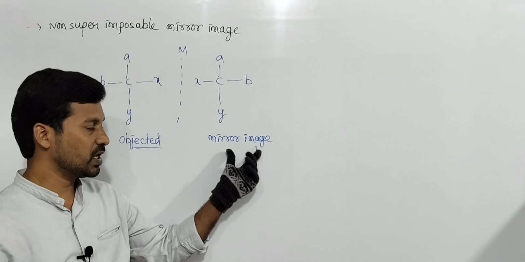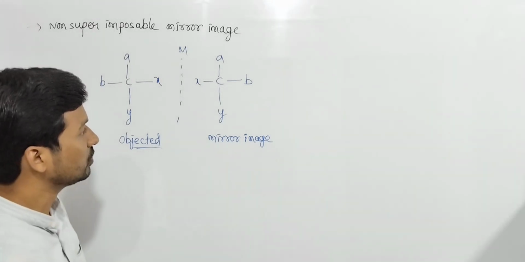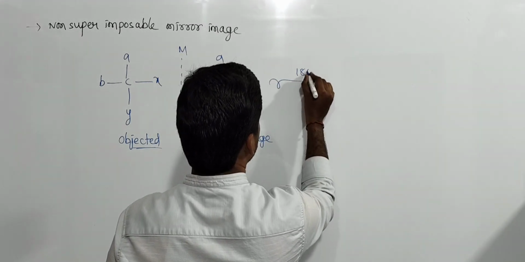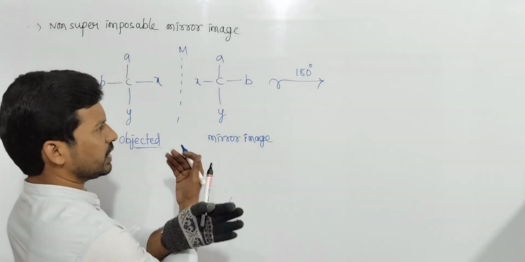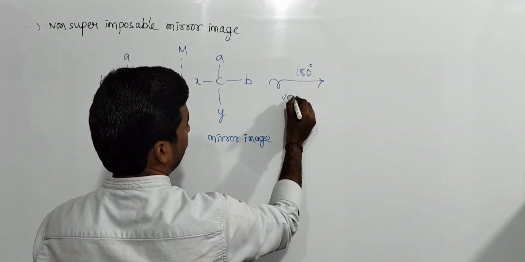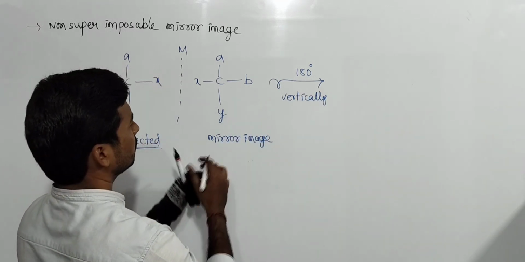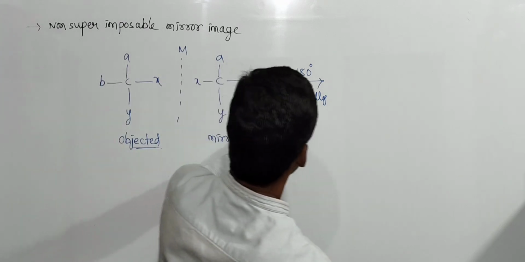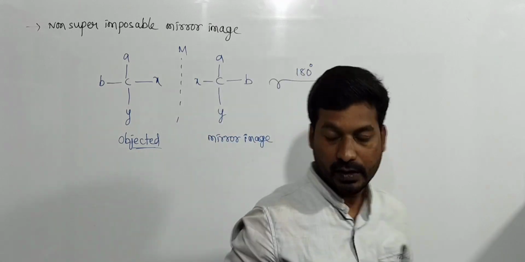Which type of mirror image should it be? Non-superimposable. How do we verify non-superimposability? Rotate this molecule 180 degrees vertically. Then what happens? Like this, a 180 degrees rotation. Like this. Then it gives